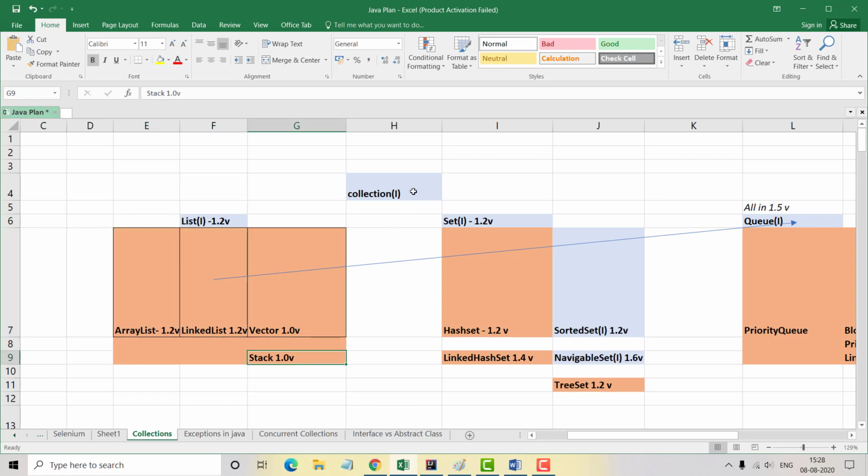Basically, whatever methods are defined in the collection interface, the list interface, being its child, has all of them. When we implement this list interface, the implementation classes array list, linked list, vector, and stack would all have the methods which are present in these two interfaces.